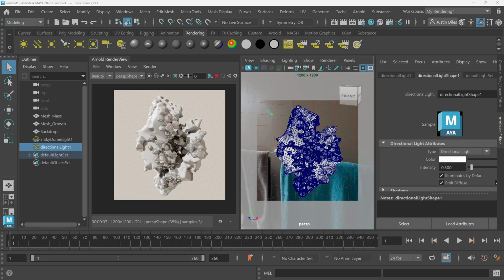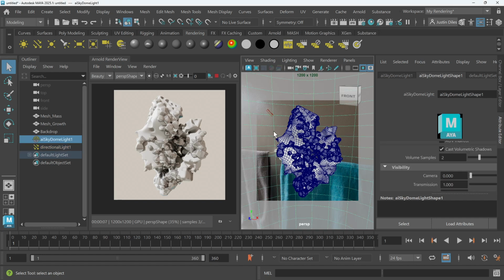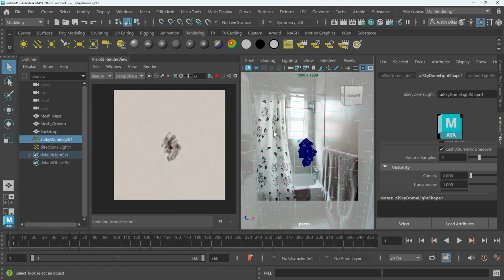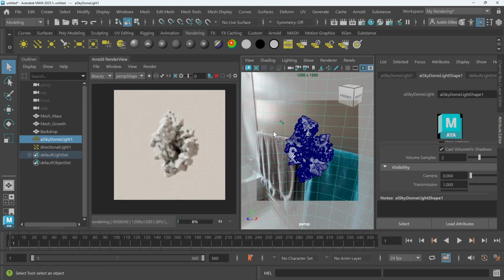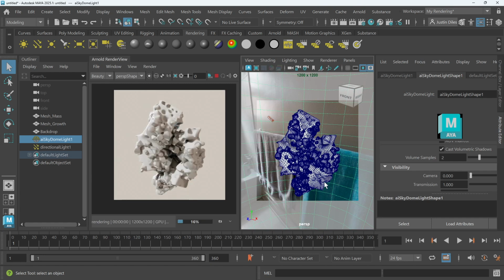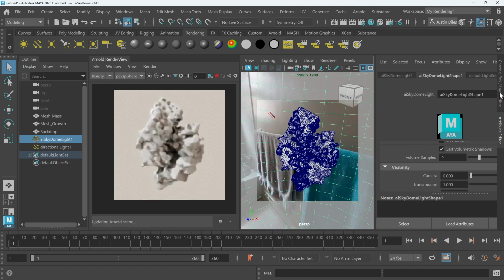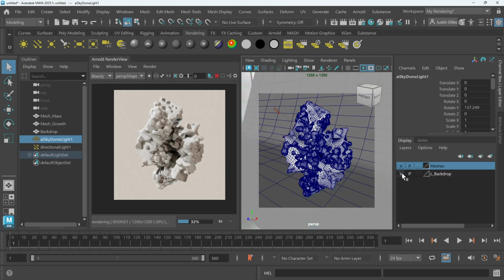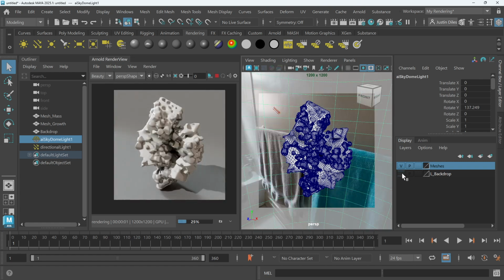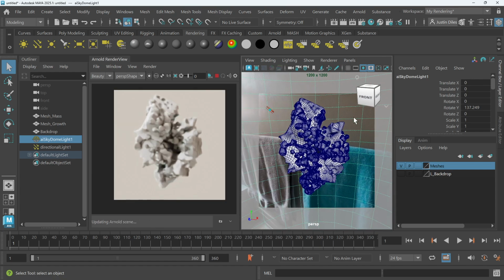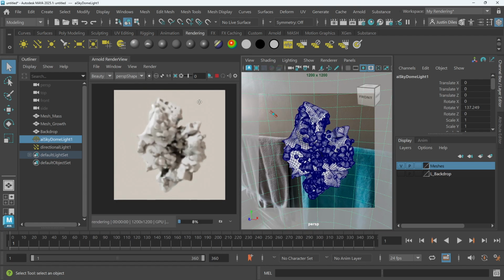Alright, I'm going to continue with the geometry and lighting setup that I used in the last video. You can go back and review that. I did make one change, which is I'm using an HDRI image here. That's the same, but what I have done is I've turned off the background, or the backdrop rather. So I had a little backdrop here. I can toggle that on here. I've turned that off. And then, so I don't see the HDRI image in the background, I've just made my